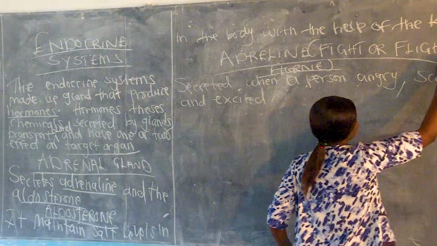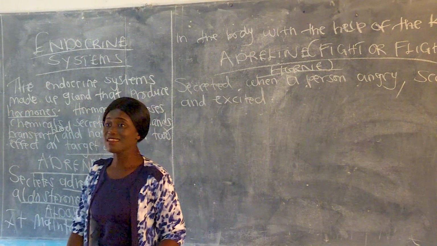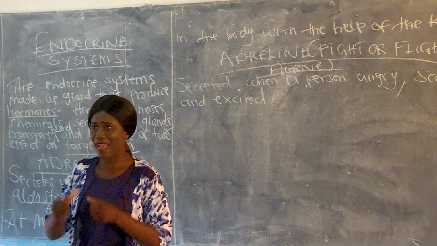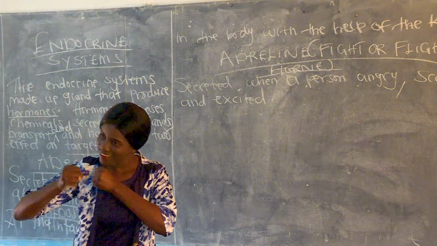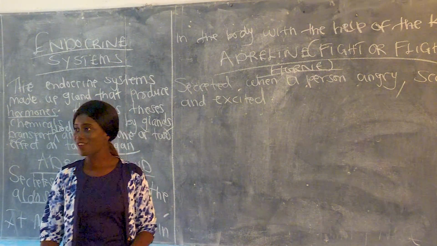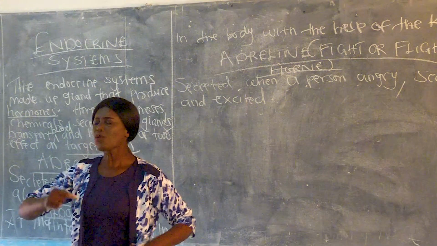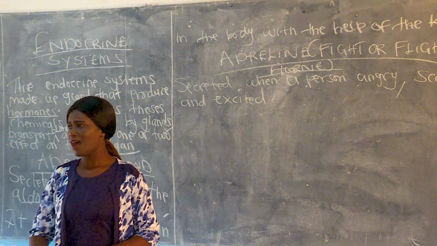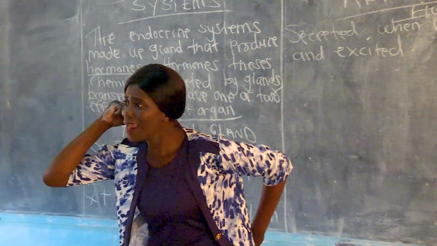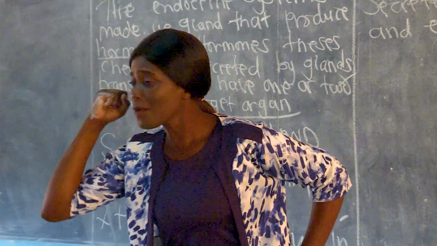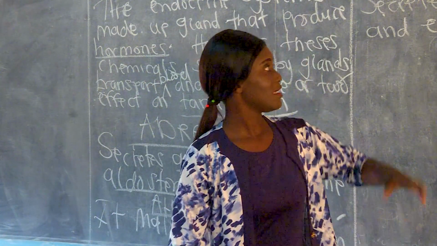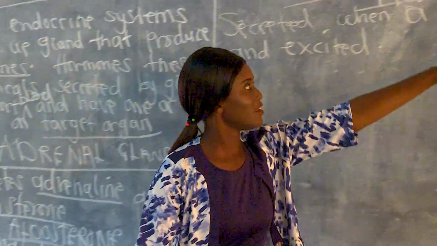Okay? It is known as the fight hormone. So it is known as the fight hormone because it is usually secreted when someone is angry and they want to do what? To fight back. Then adrenaline is also known as the flight hormone. Okay? So when someone is extremely scared, sometimes they tend to do what? They run away, isn't it? Because they are scared. This is the reason why I was telling you that this one is known as the flight hormone.